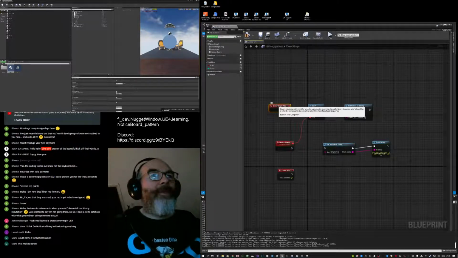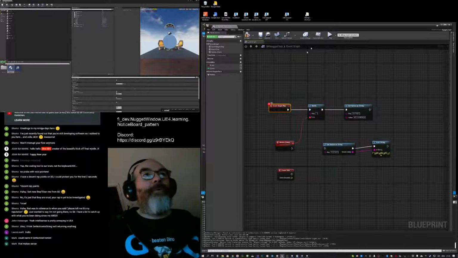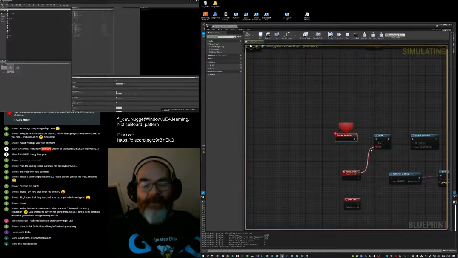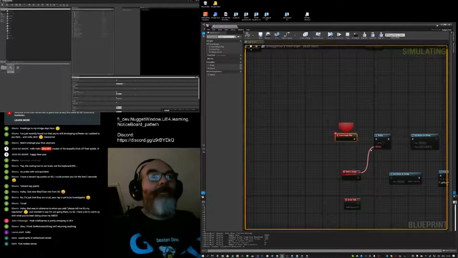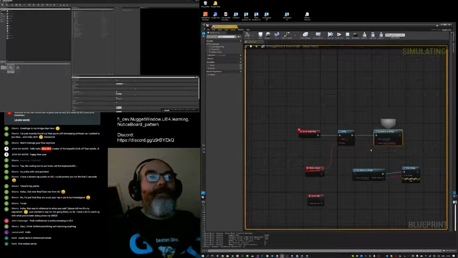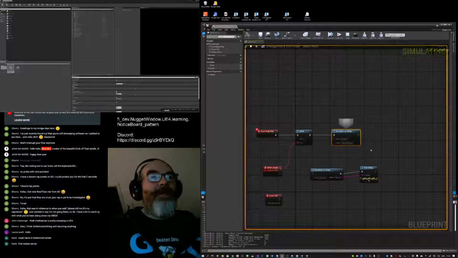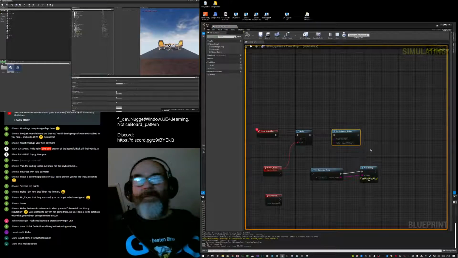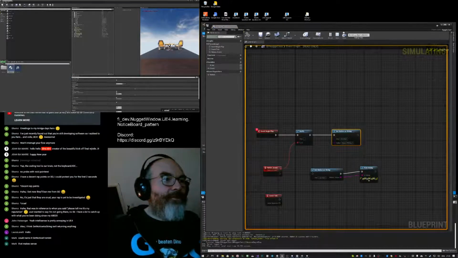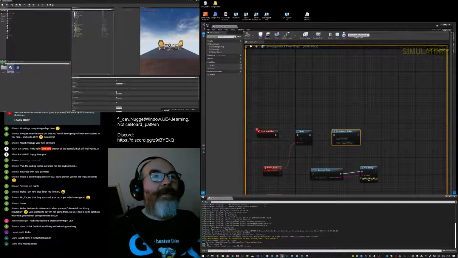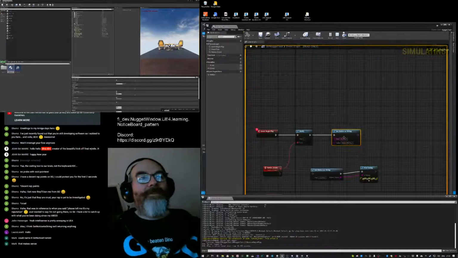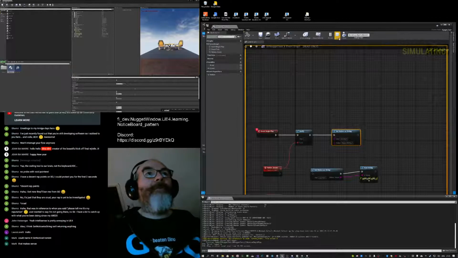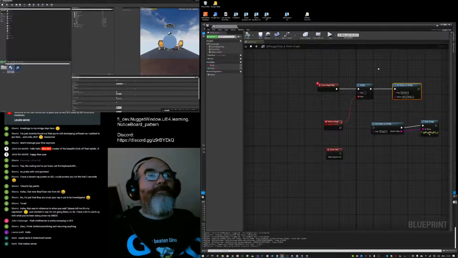Can I hit F9? Oh yeah, I can put a breakpoint. That can be quite handy. So it's on here, and then it moves to here, and then it moves to here, and then it didn't complain. It should have printed hello. No, it wouldn't print anything. It just set the string. So that's not crashing there.